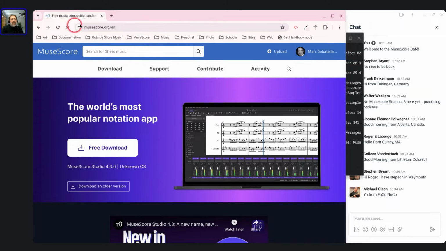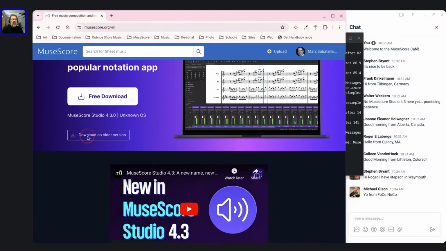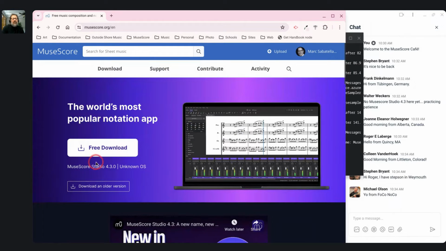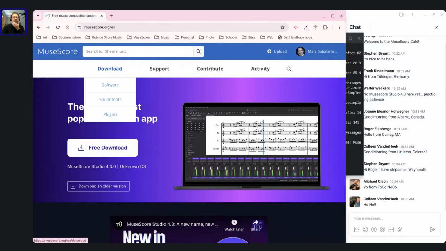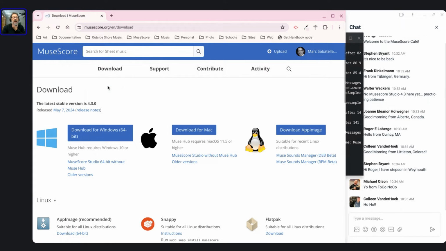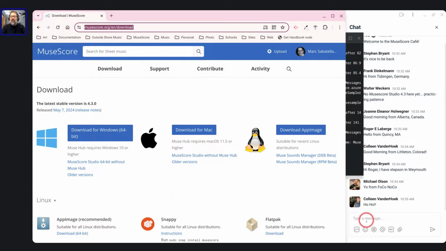Here on the main page of MuseScore.org, oh my gosh, there used to be links right here that would say download without MuseHub. Those buttons are apparently not there, so they must have updated the site yesterday. So I'm going to go to Download and then Software. And here you will see MuseScore Studio 64-bit without MuseHub, or for Mac, MuseScore Studio without MuseHub. So this page here, the download software page,